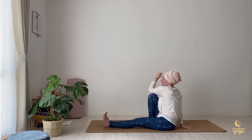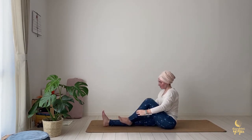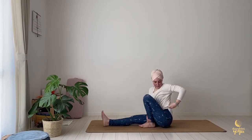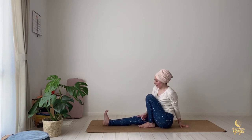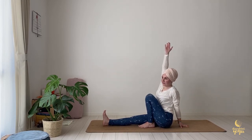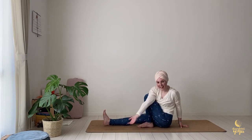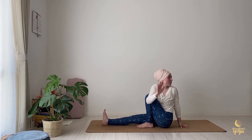Let's release to center and change the leg. Left leg comes in, left hand behind the body. Let's activate the right leg, push through the right heel, right toes point up, lift the right arm up, inhale, elongate. And exhale, twist into the left, either hug the leg or use the arm to push against the resistance